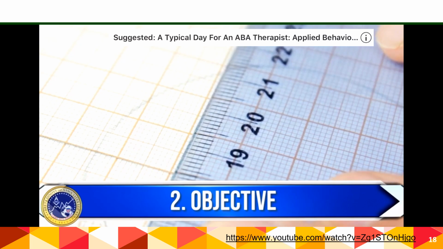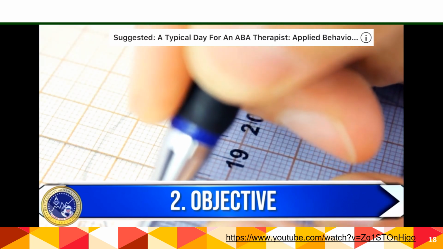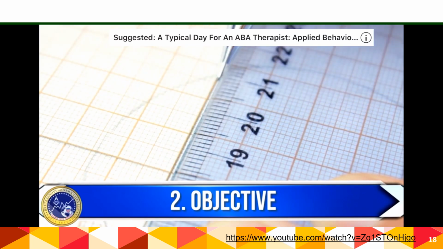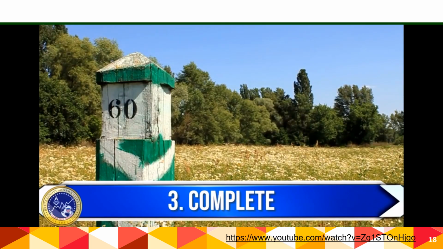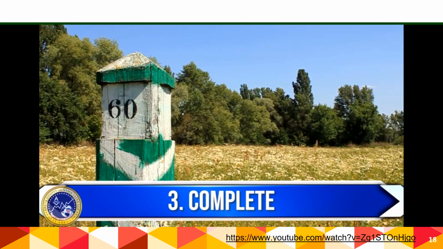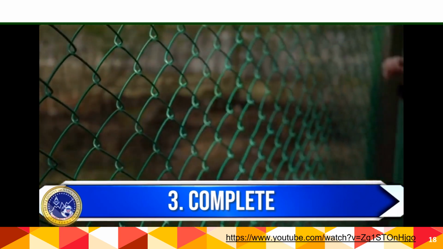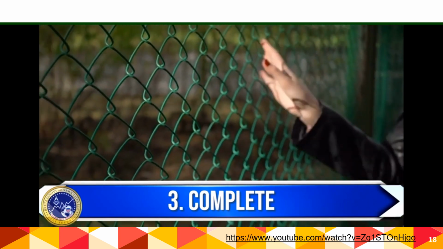2. Objective. Your definition needs to represent observable and measurable events and be free of any personal opinions or feelings. And 3. Complete. Your definition should describe boundaries for what is and what is not included, reducing the need for any judgment calls. With these 3 tips in mind, we must also consider the functional implications of the behavior's effect